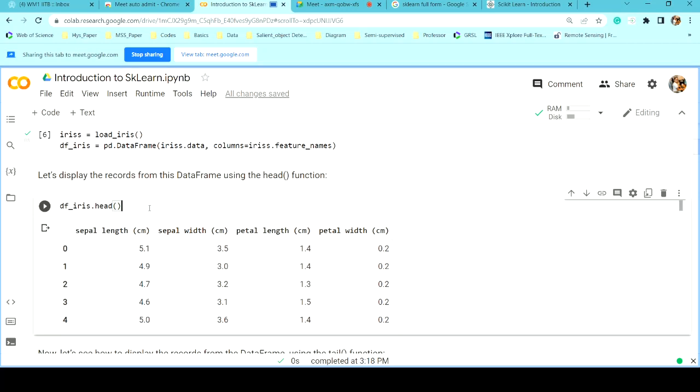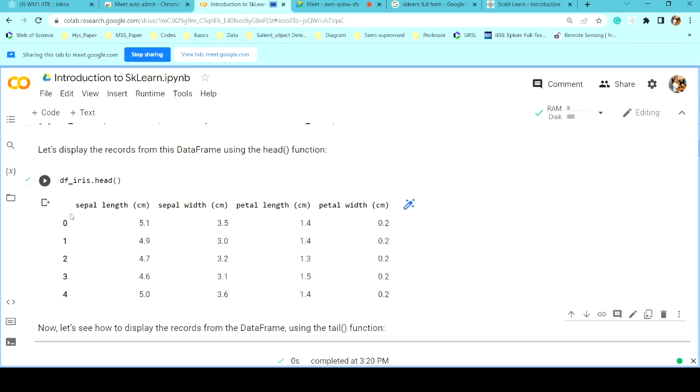Head means, whatever the data is, like if I tell you the data is in the form of a 10 cross 10 matrix, which means there'll be 10 rows and 10 columns, or let's increase it to 100 cross 100, which means 100 rows and 100 columns, among them I want to visualize some 5 values. If you see, this bracket is empty. This means by default, if you run this line, it will show you the top 5 data, starting from 0. Okay, so when I run that,